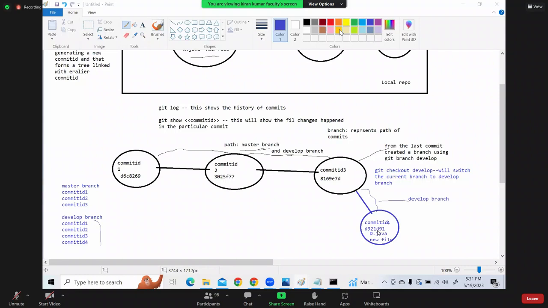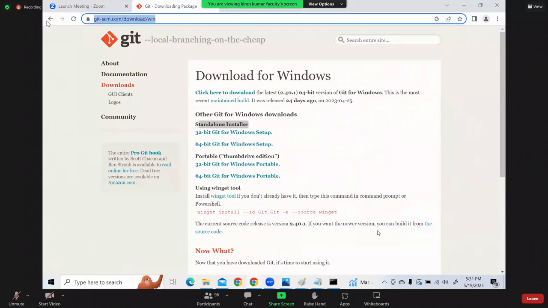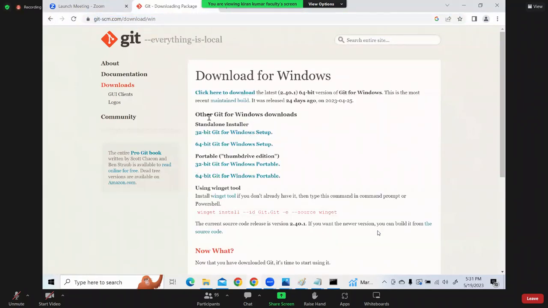Okay. So to download Git, just go here. Go to this link. Go to Windows. Select this standalone installer. Either select the 32-bit or 64-bit one. Select this one and